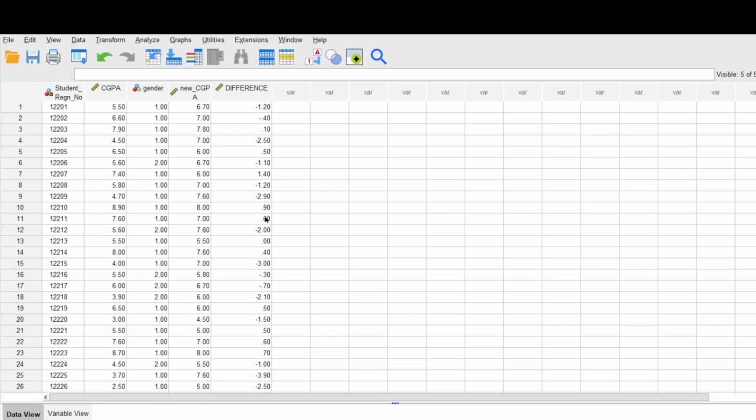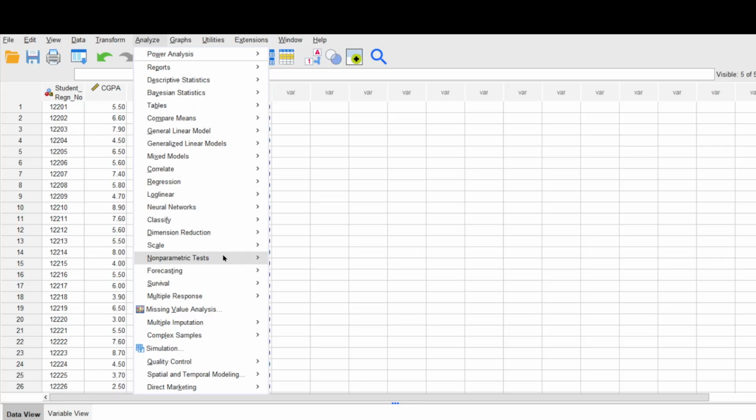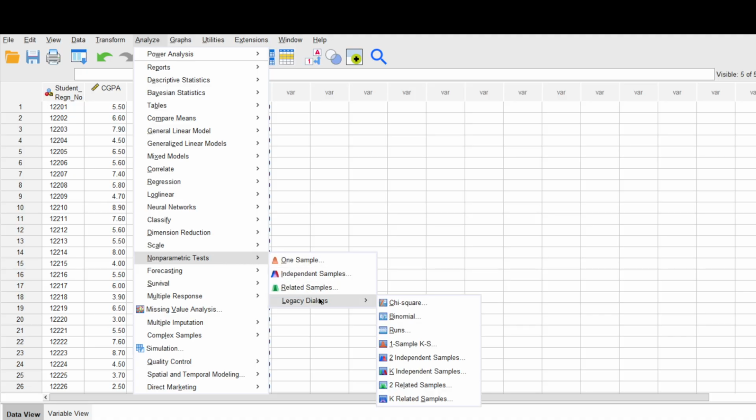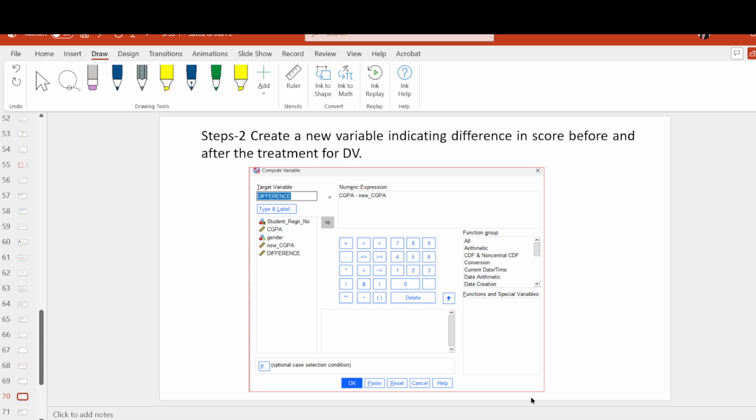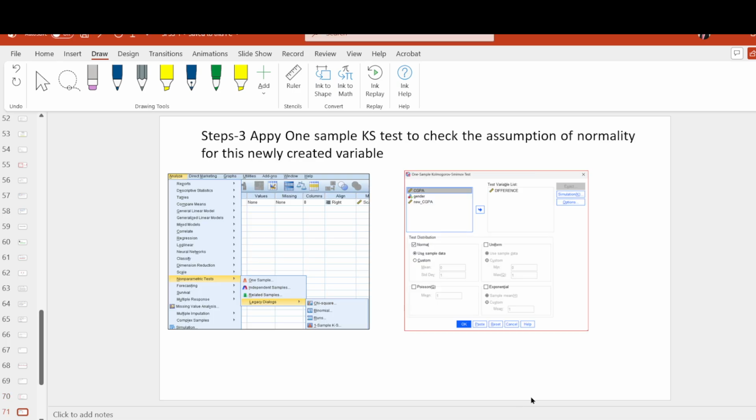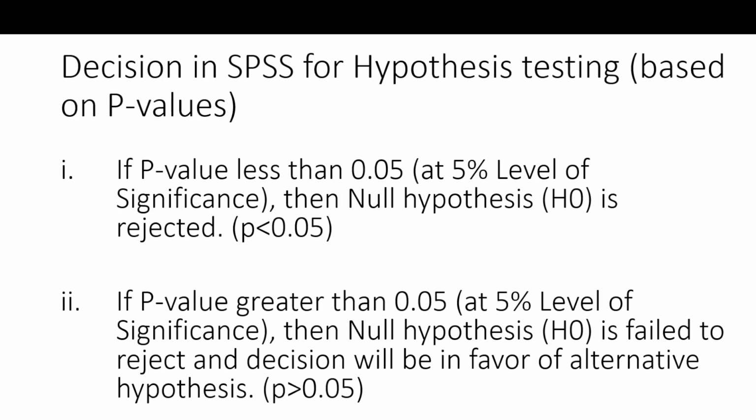Now we are going to examine first the normality check. Again, I repeat, the normality in this paired sample t-test is checked on the newly created variable, that is, the difference in the score. So go to Analyze, Nonparametric Tests, Legacy Dialogs, and One-Sample KS test. Once you execute the one-sample KS test, you can find the normality. Transfer the variable into the test variable box, and then you can find the normality